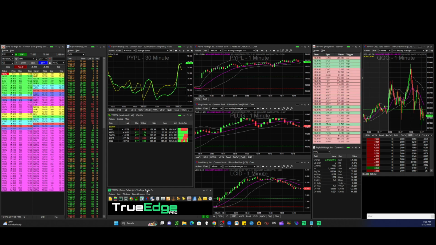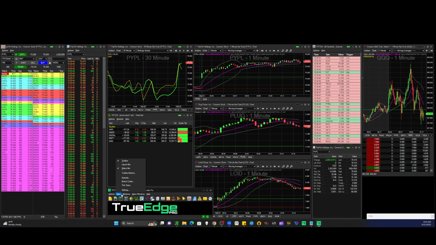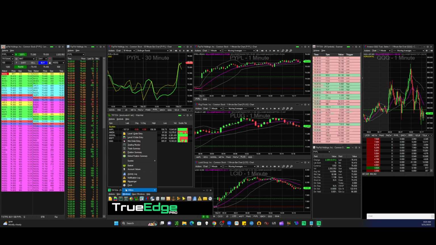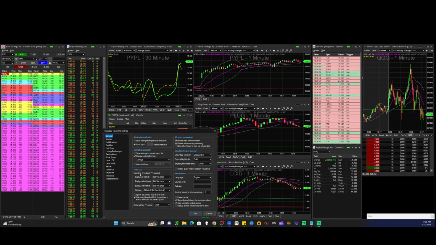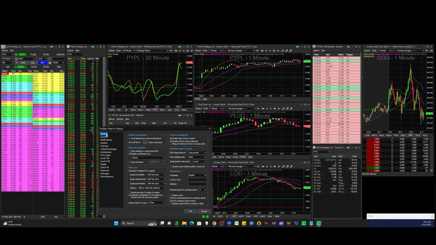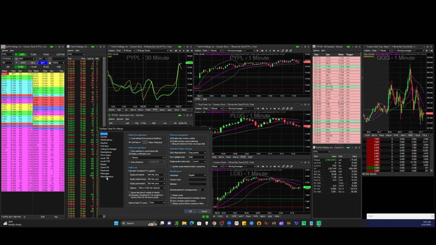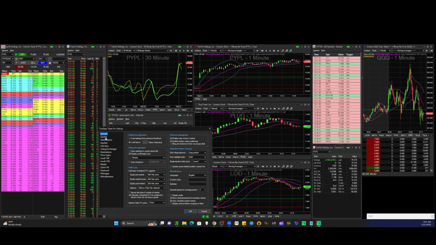So firstly, you got to go down to your main window, which is where you see TrueEdge. That's the main window. So I'm going to go here, view, settings, and now I have this menu here. Notice it has a set of subcategories that I can set. Now each of these is allowing me to set defaults. For example, profit and loss, I have defaulted to bid ask price as an example. So that way when I see my P&L, it's going to show me based upon the bid ask, not the